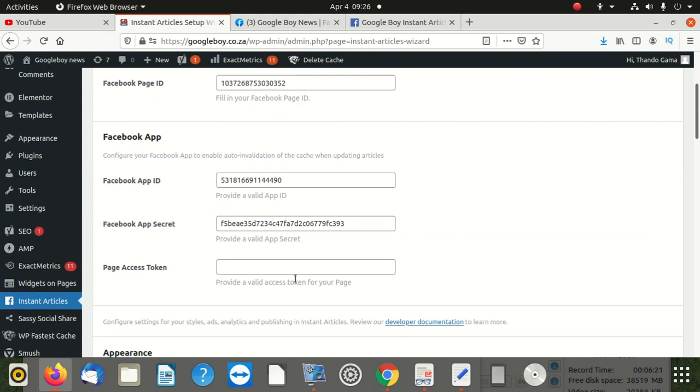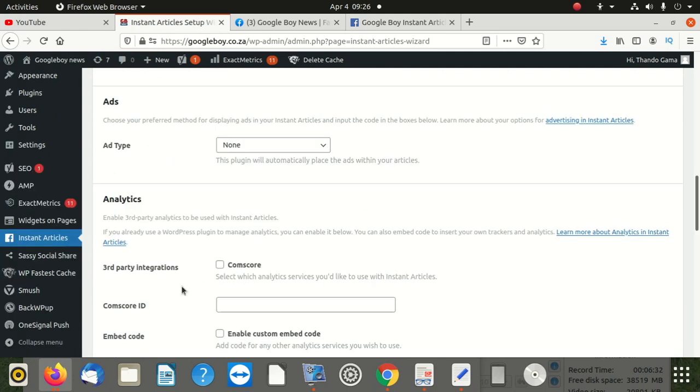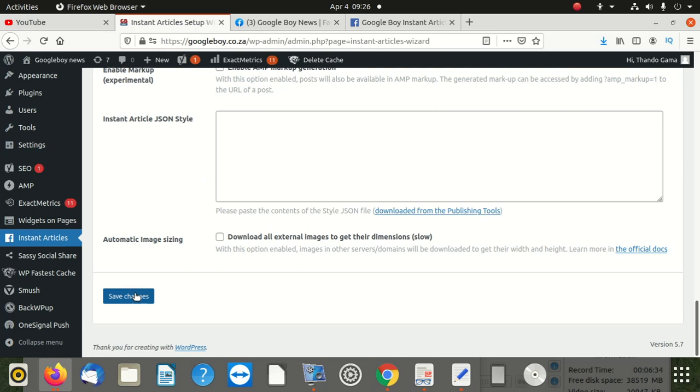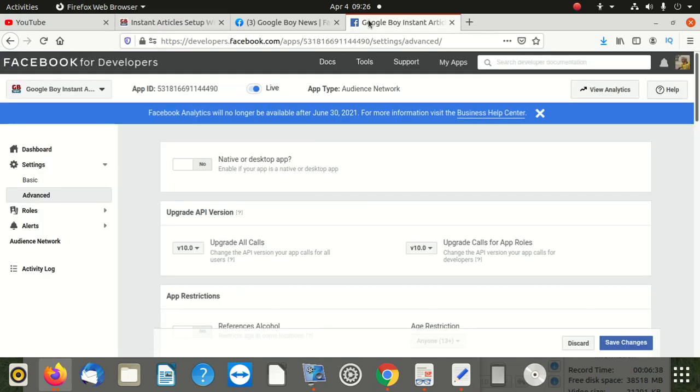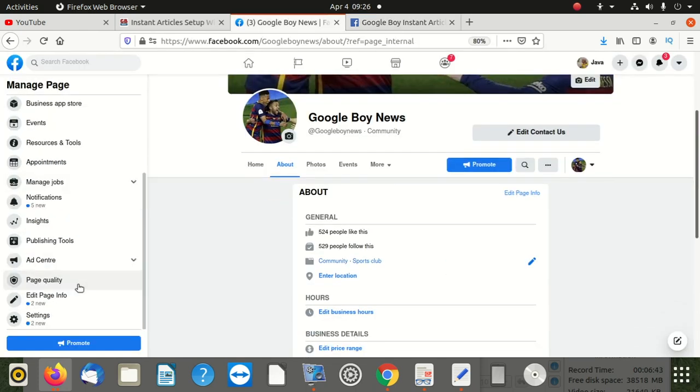Provide a valid token for your page. This is something else. This is something I won't put. Let me leave it because it asks about the page. Well, once you're done with that, then you can go to your page here. We're on the page, you look for publishing tools. After getting that,